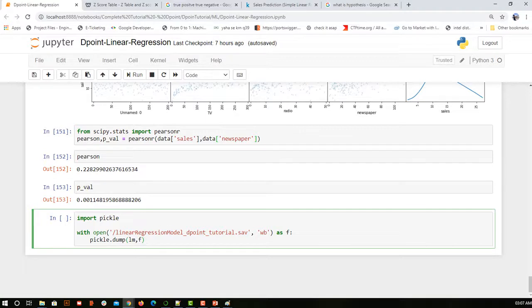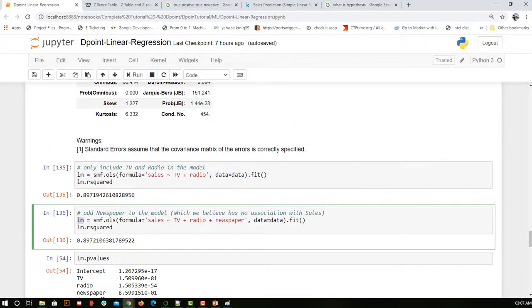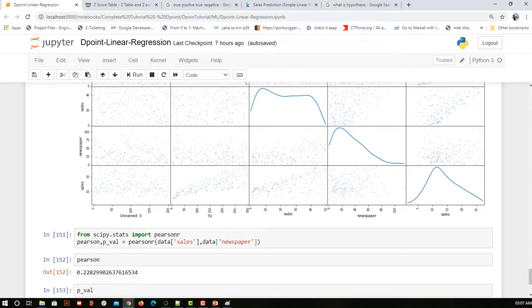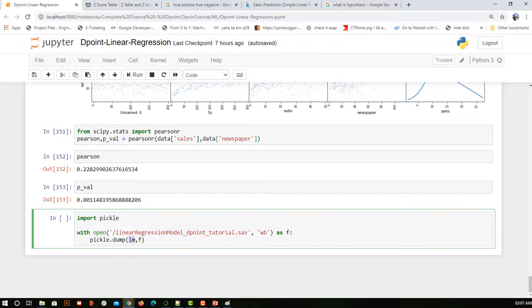For that we are using pickle, and we save it as a .sav file, or we can save it as .pkl, that is up to us. Then finally we say pickle.dump. What was my model? My model was lm. Whatever model I want, I am storing it, predicting with it, or manipulating it. Finally I take that parameter and dump it. This f is my pointer to the file, and in that file I am storing my model. If I run that, I'll have this file saved in my local directory.